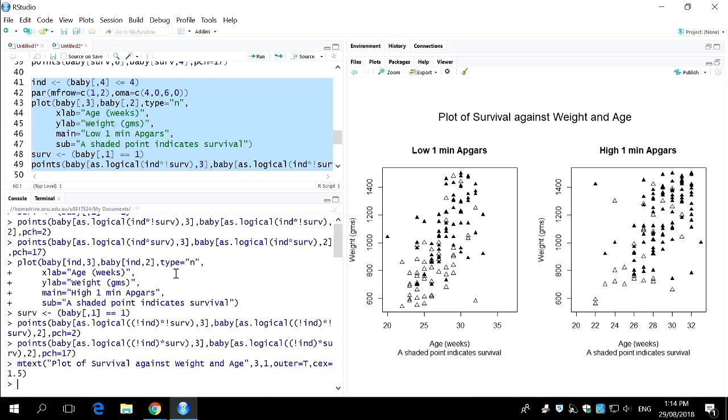So, okay, the first thing I need to do is divide the data into the two parts when APGARS is low and APGARS is high. So I'm going to create a new indicator variable, which is going to be baby 4, less than or equal to 4. Okay, so APGARS are going to be low when they're 4 or lower, and they're going to be high when they're 5 to 9. Okay, so that's going to give a true when they're low and a false when they're high. Now, next thing I do,